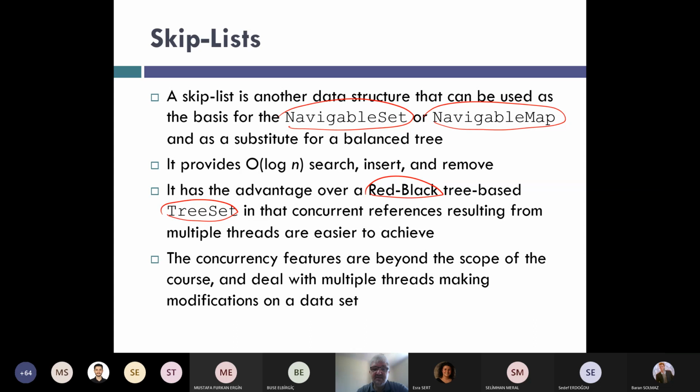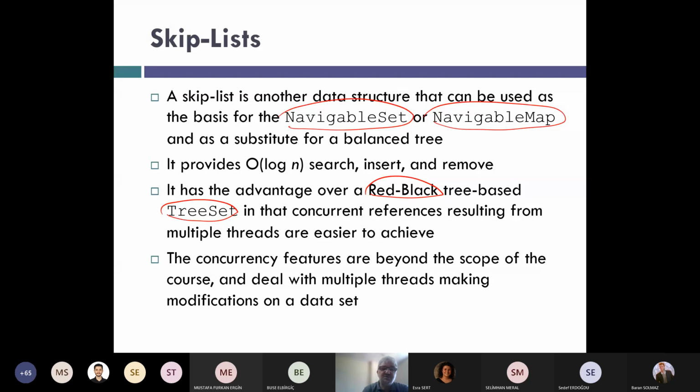But for a skip list, all the threads can access it concurrently without locking the whole structure. This concurrency and multiple threads is not in the scope of this course, but you should still know that the skip list has an advantage for concurrency,